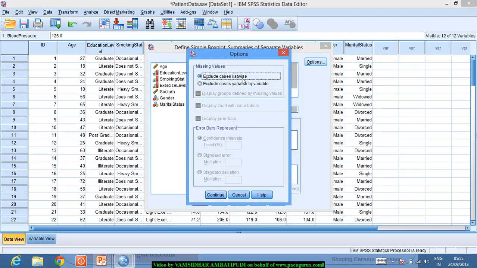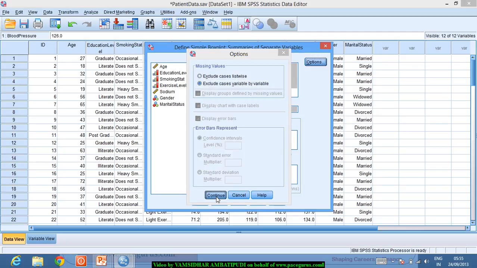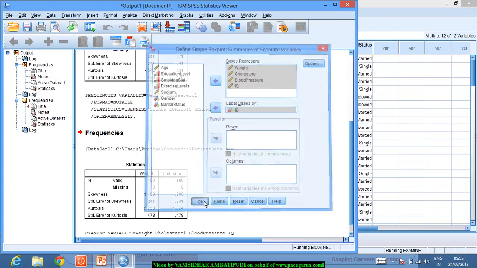But if I say exclude cases variable by variable, then even if the weight is not present but cholesterol is present for patient number 10, the data would be included for cholesterol in the computation of the box plot, though it is not available for weight for that same person. So it's always better to go with exclude cases variable by variable, but if you have any other business requirement, it can even go the other way. So I'm saying continue, and when I say okay,